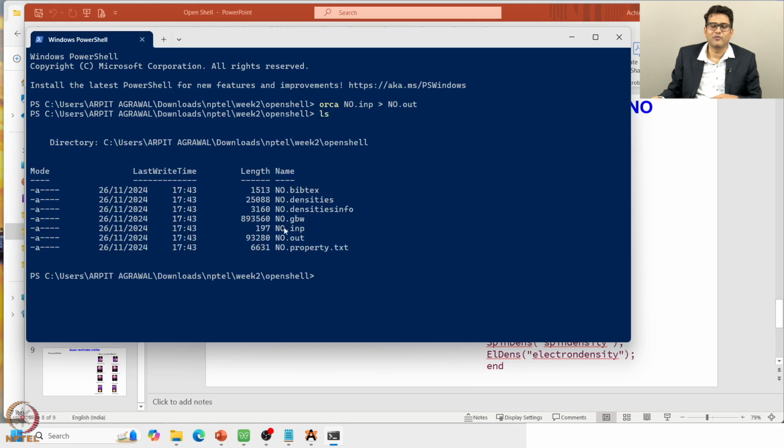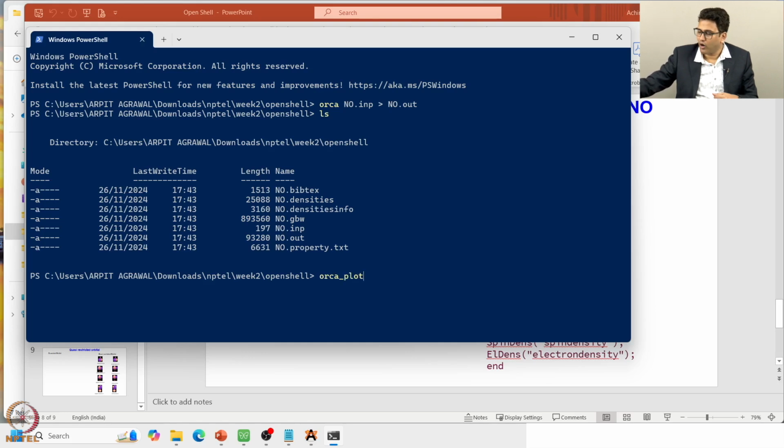GBW is a short form, specialized to ORCA, for guess, basis and wave function. This information is stored in this file, and you can get much information out of the GBW file after your ORCA calculation is done, including the cube file for molecular orbitals. Now, to generate the spin density plot, you have to call this utility